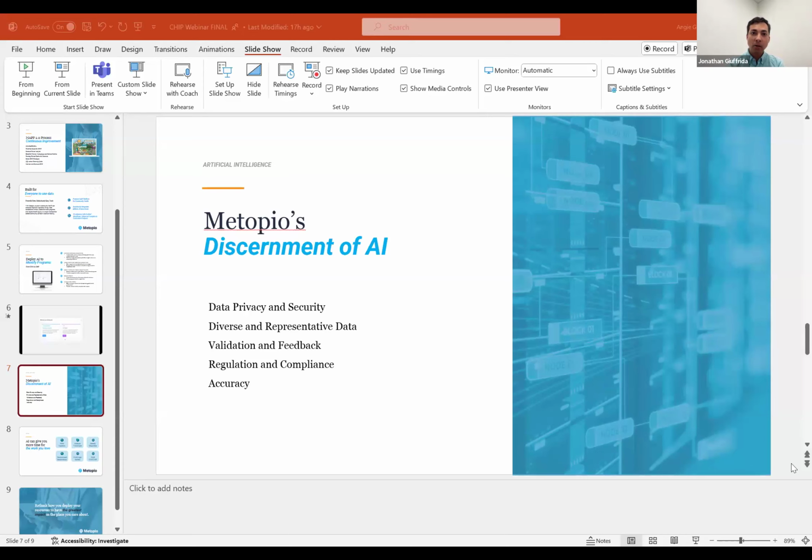And then as far as accuracy, this is why AI is not writing the final draft of your CHIP, it's writing the first draft. A lot of this still feeds through a human. You have the context, and only you have the context about your community. We can't ever train a machine to understand that. And so we're using AI to write a draft and recommend things based on a library of programs, not to say this is what we're going to do.